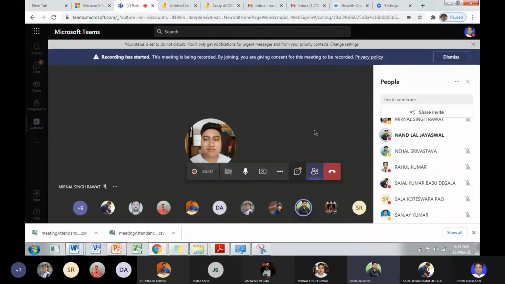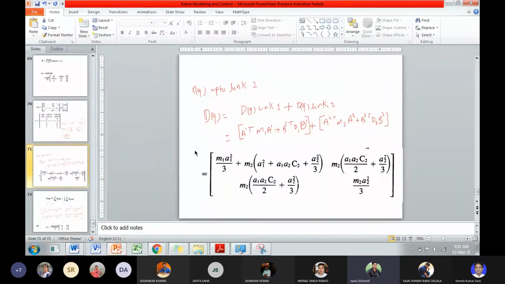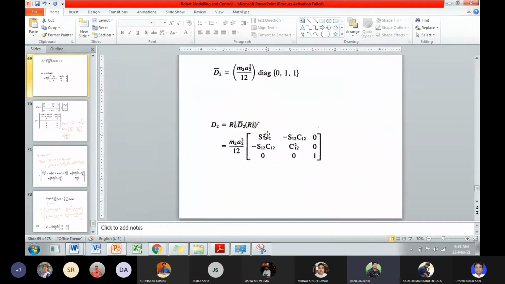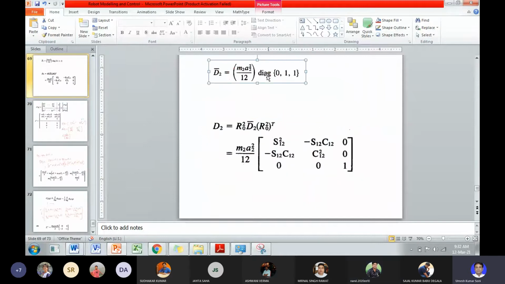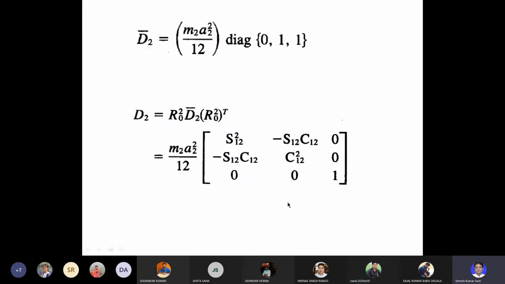D2 बार की वैल्यू जो सर R20 D2 बार इंटू R20 ट्रांसपोज से कैलकुलेट करेंगे D2 ना, तो यस D2 बार की वैल्यू क्या होगी? यार, ये सब तुम निकाल के ही दे रहे हो तो यार फिर तुम करोगे क्या यार तुम लोग? नो सर, एक फॉर्म सर D1, जैसे D1 बार इक्वल टू M1 A1 स्क्वायर बाई 12 डायगोनल 0 0 0 1 1, ऐसे सर D2 बार भी होगा ना सर? Yes, you are looking into screen, if screen is visible. ओके सर, बस